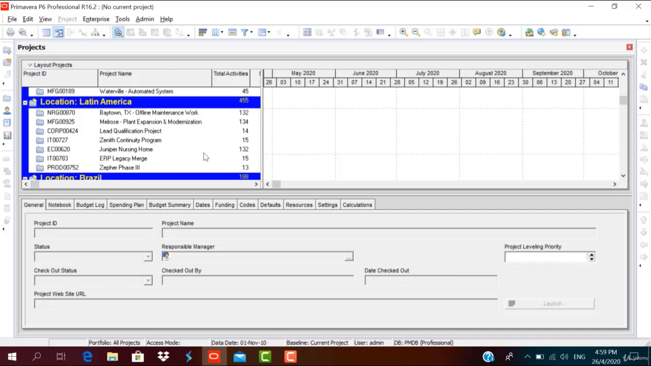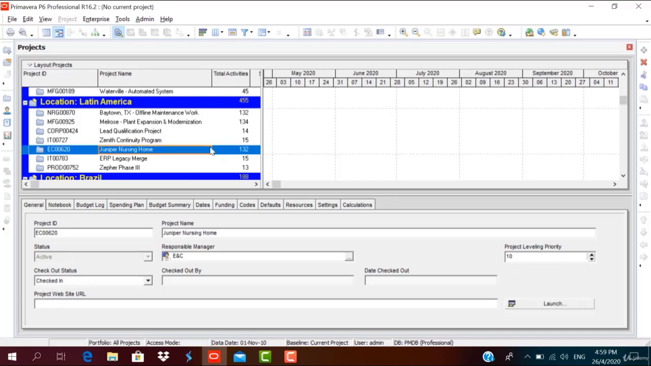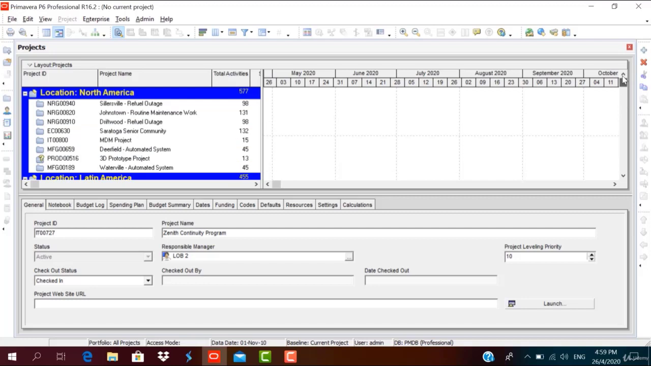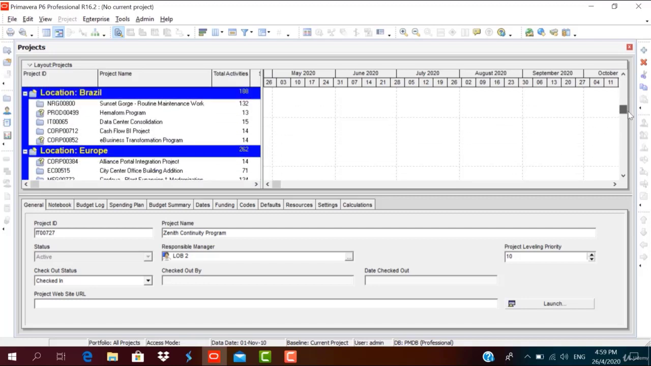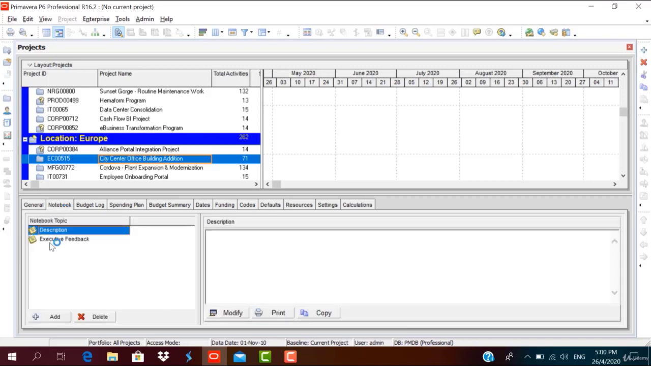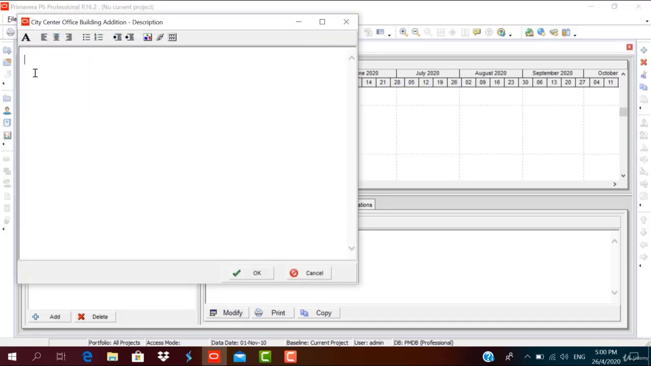We'll take one example project, such as Juniper Nursing Home or Janit Continuity Program. We'll go for a construction project. Okay, you can see the project ID, the priority level. Notebook consists of the descriptions and executive feedback. You can add the descriptions here. Click on it, add the description,